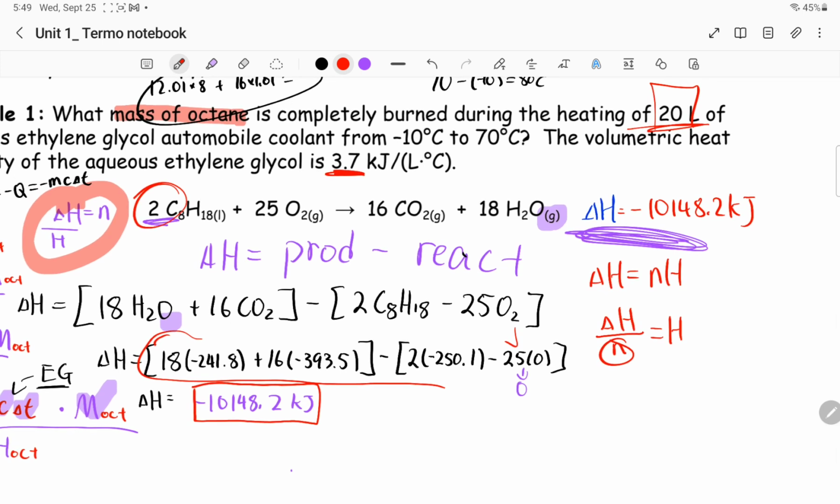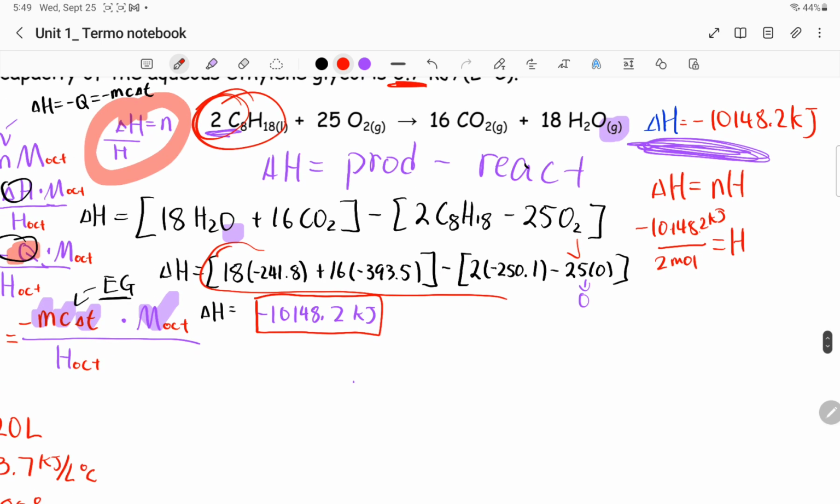So we're going to say the molar enthalpy of combustion when it comes to octane is going to be negative 10,148.2 kilojoule divided by that 2 mole,